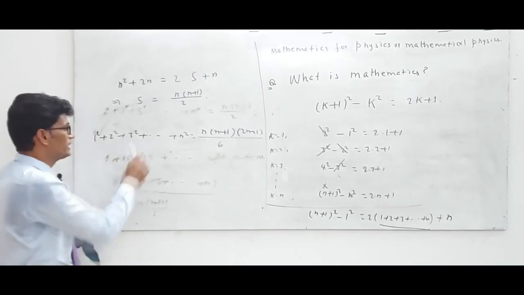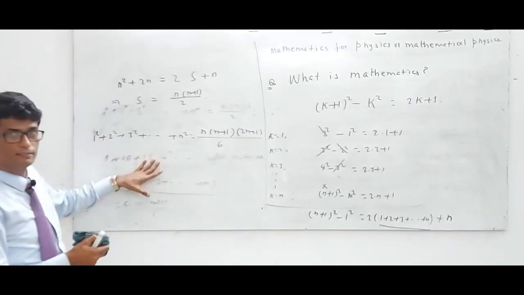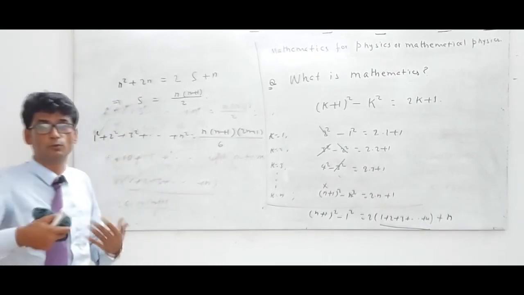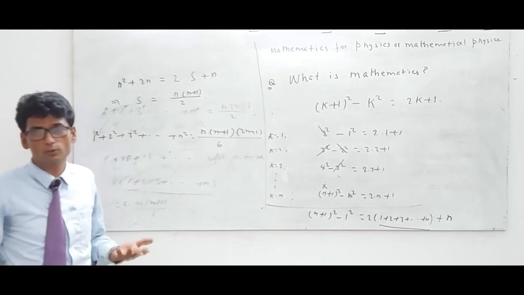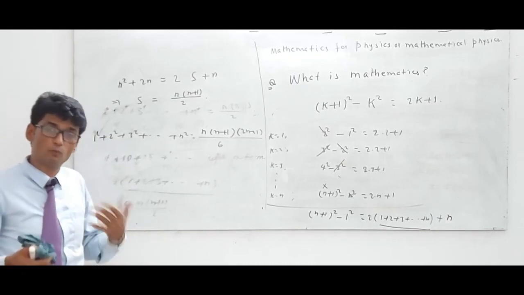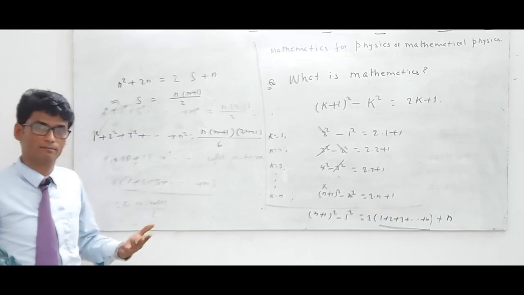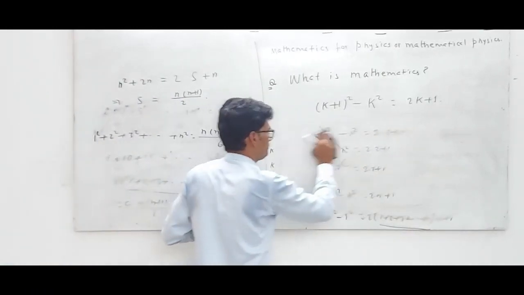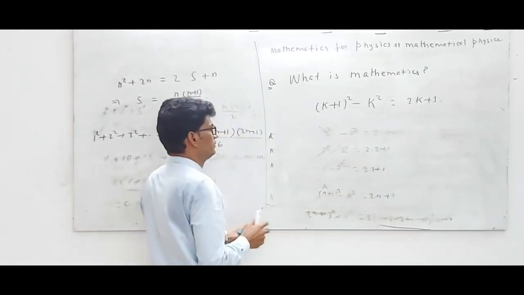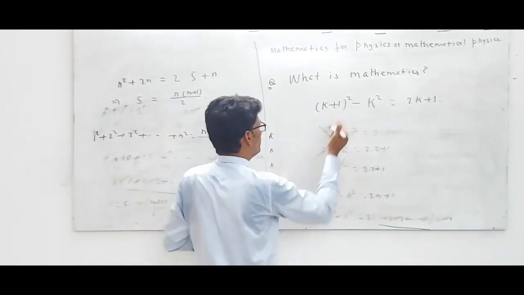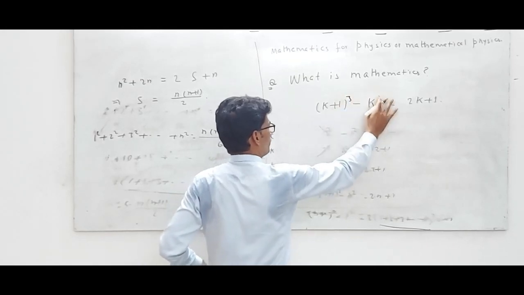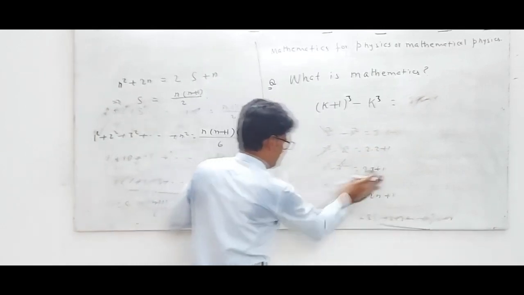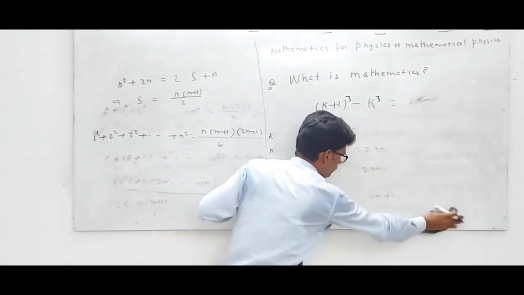Look at here, 2 is everywhere. Inevitably, we have to write 2, because if we write 2 to the power 2 is equal to 2, then there is no way to understand that it is 4. That is why we have to show it. But in the case of power 1, you may write it or not, that is okay. So now what do we have to do here? We have to take, like here, just remove 2 here, 3 here. Now we have to weigh what is on the right hand side. We have to find it